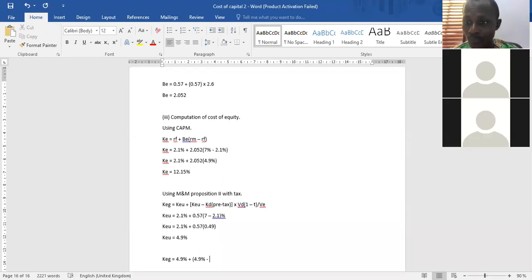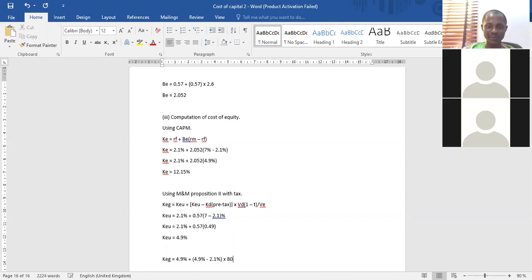You assume it is risk free. So when we are faced with this situation, we are going to assume that your debt is risk free, and where your debt is risk free, the cost of debt will be the same thing as the risk free rate. So 2.1%. I told you it's pre-tax. That's why I'm not charging tax. Because it's pre-tax. If it is WACC, we have done what? Post-tax times